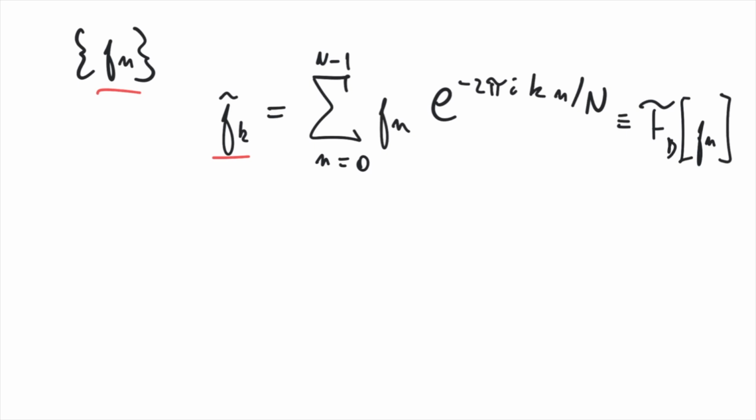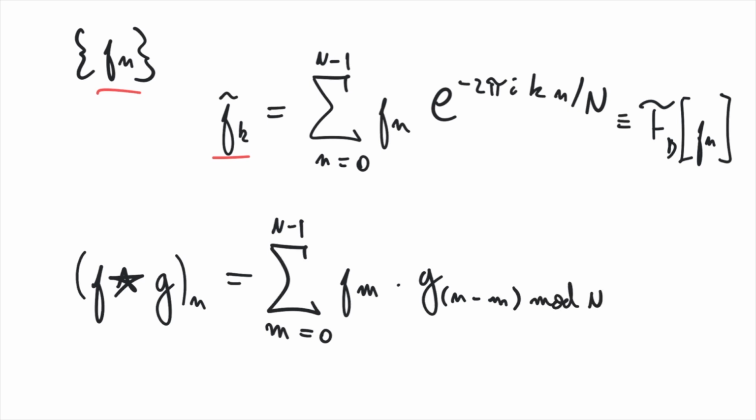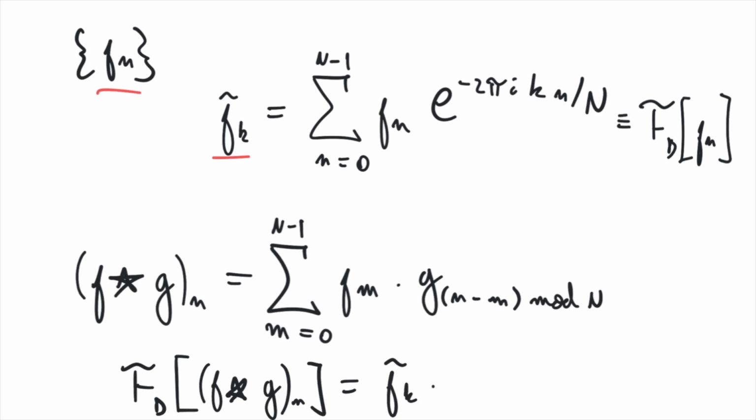Then the convolution can also be discretized, and when you do f star g, you have a sequence that is defined as taking m from 0 to N minus 1 of f_m times g, where here you need to take n minus m and make it periodic by taking mod capital N. The convolution theorem that I explained before for the continuous case now simply states that this discretized transform of the convolution